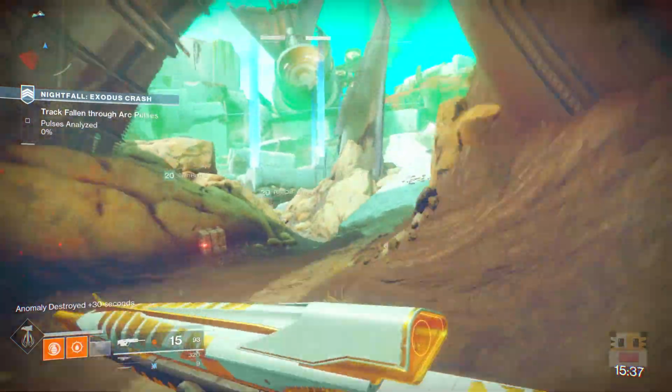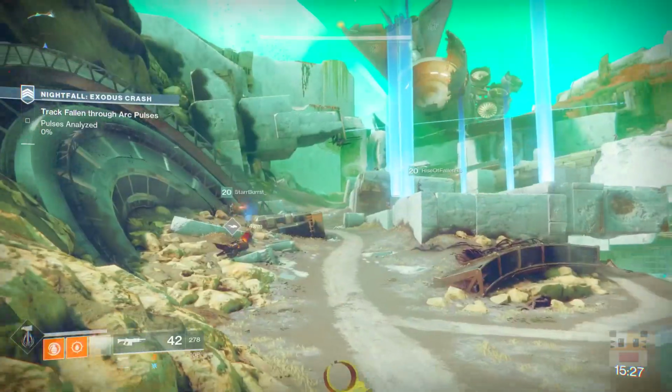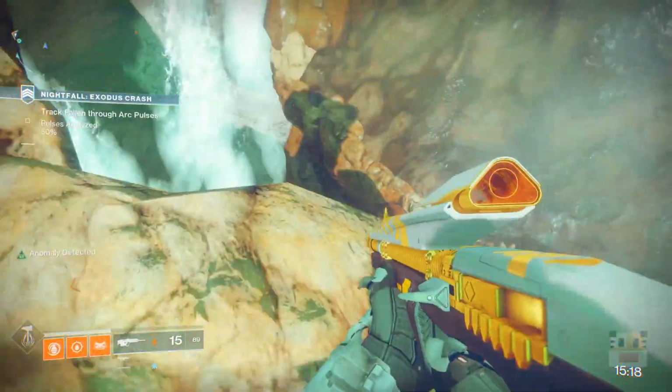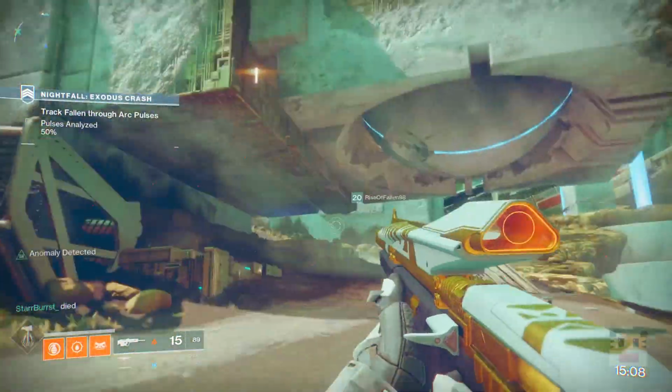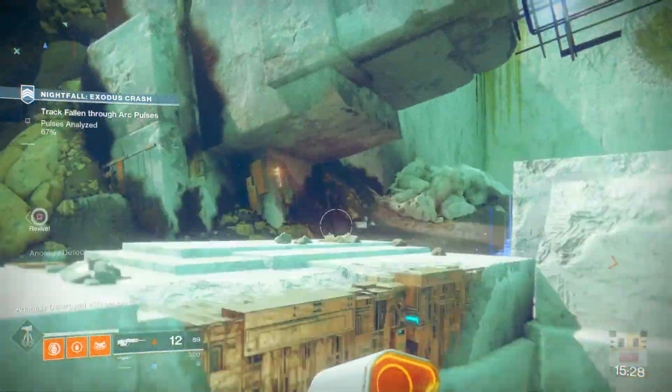So to start off the mission, I would say just fight the enemies. Don't try to go through on your Sparrow and get all the things. There are a lot of anomalies in this area behind things, on top of things, underneath things. Just shoot all the anomalies as you're going through. I recommend going on foot with your teammates. I've done this Nightfall 5 times now, and I gotta say, going through on your Sparrow is not a good idea,